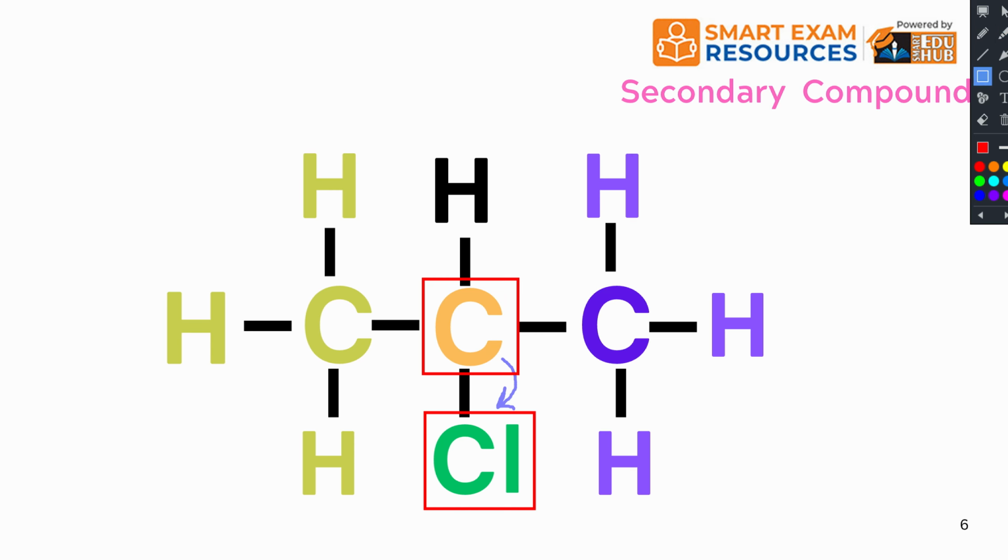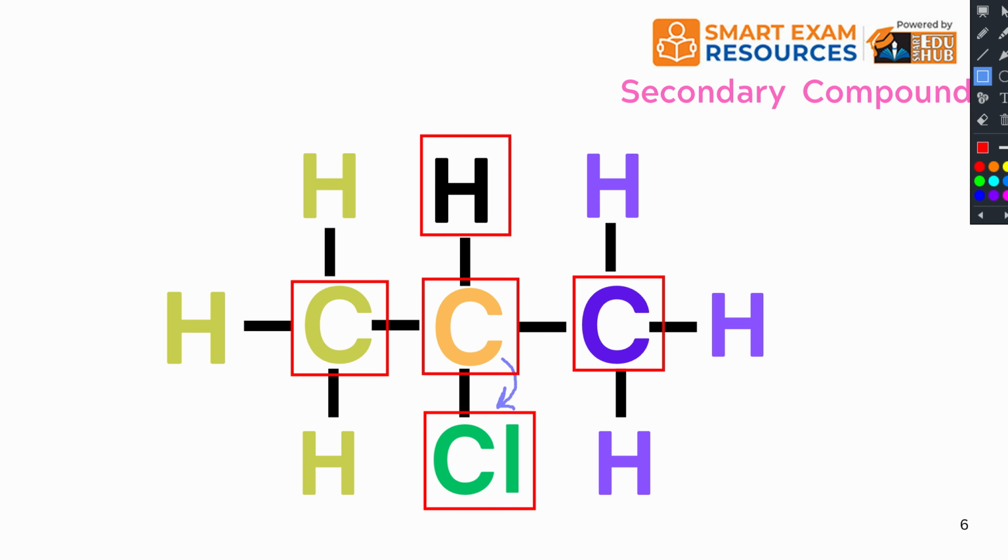Now, this carbon atom is only bonded to one carbon atom to the right and one carbon atom to the left. And on the top it is bonded to one hydrogen atom. So whenever you see this kind of bonding where one carbon is bonded to a functional group and it is only bonded to two other carbon atoms, sometimes people also say that the carbon atom is bonded to two alkyl groups. Even that is fine.